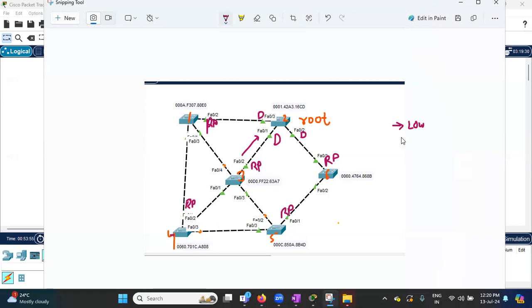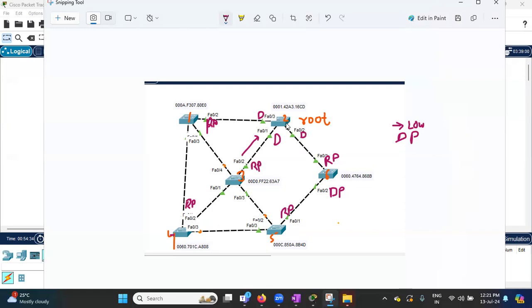Tell me, DP port. Switch number 6. Rahul. Which port will be the DP port? 0/2. This one? 0/2. This one. Right. Why? Because